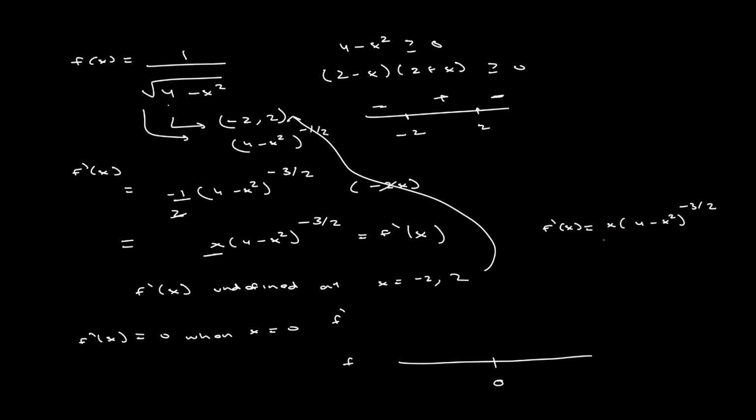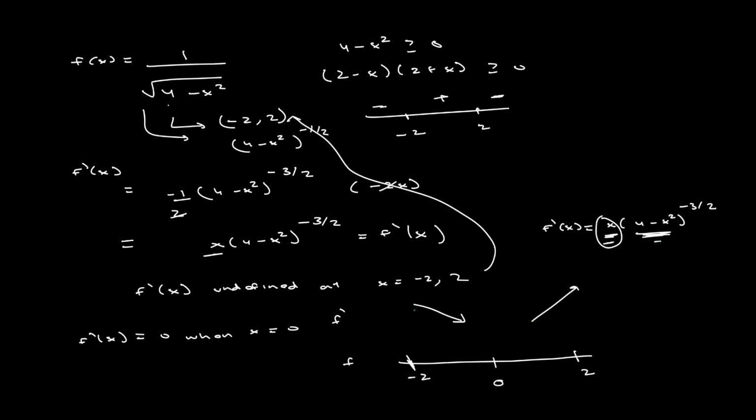So when x is less than 0, this term's negative, but this term is positive because we're only worried about the interval from negative 2 to 2, right? So in reality, we have a hard cutoff at negative 2 and 2 because afterwards the function is not even defined. So in that range, because this term is negative and then this term is positive, f prime is going to be negative, hence we're going to draw something decreasing. Now, similarly, between 0 and 2, this now is positive, and this is also just positive, so it's going to be increasing, right? So we know that the point at 0 is a minimum